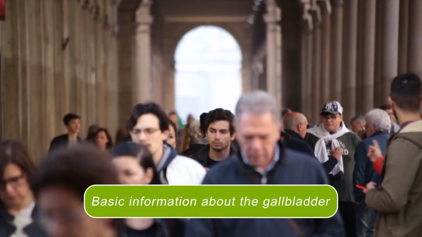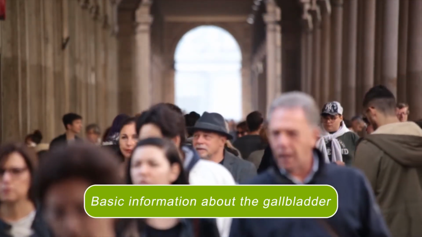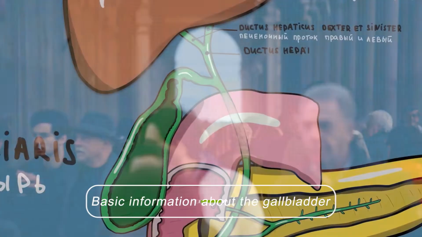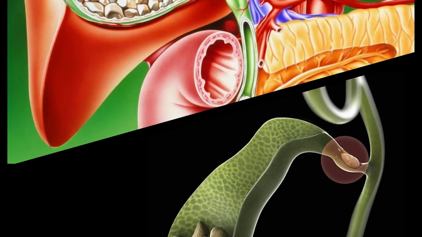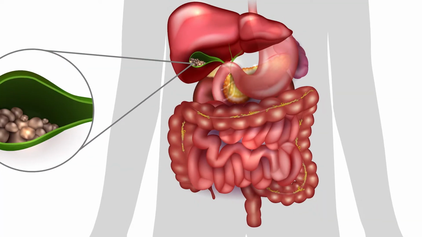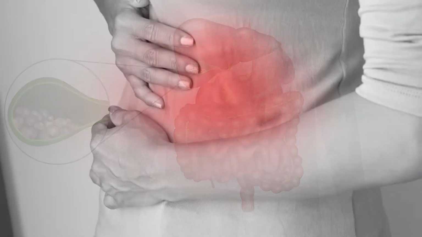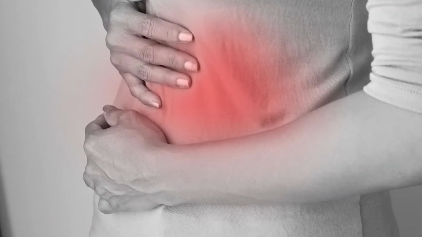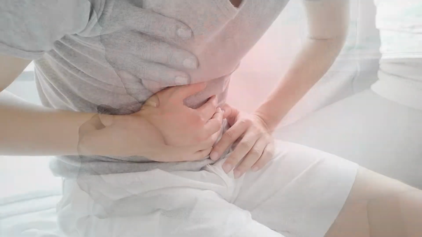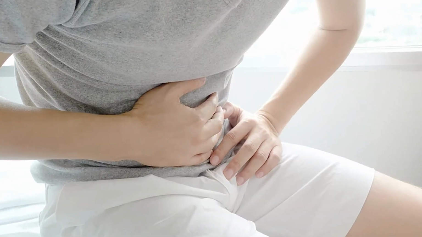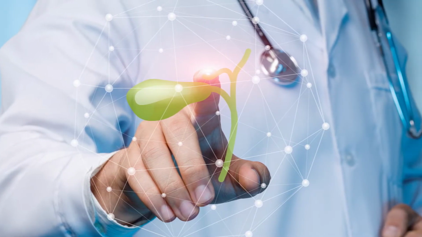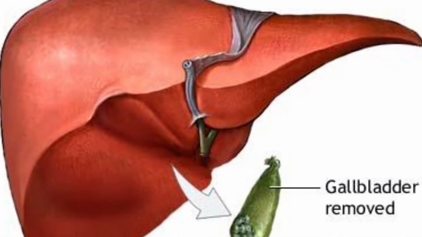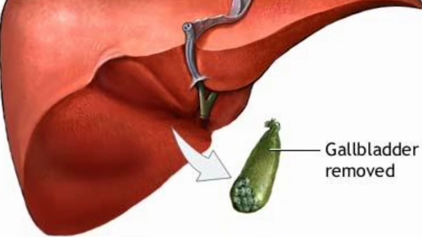Today, unfortunately, most people have at least one problem with the gallbladder. Many people think that if there are no stones in the gallbladder, there are no problems either. This is not true. Usually, stones and removal of the gallbladder is already the final stage of gallbladder problems. And we must prevent these conditions because the symptoms of gallbladder problems are very obvious, but many simply do not know about it. Many believe that if there is no gallbladder, it's already removed, then there are no problems. In fact, of course, this is not the case.